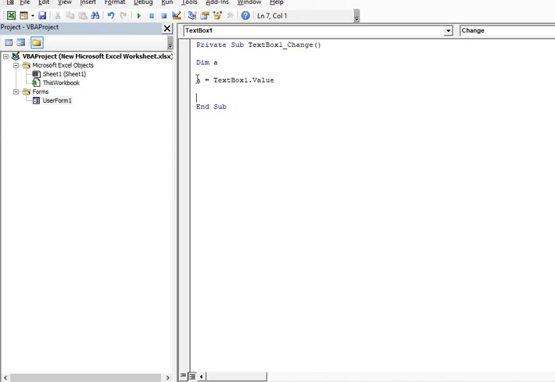So what I do is I say Cells(5,5).Value equals a. So this way I have stored my value into this cell 5,5, right? So this is my logic, or the code, for the text box.